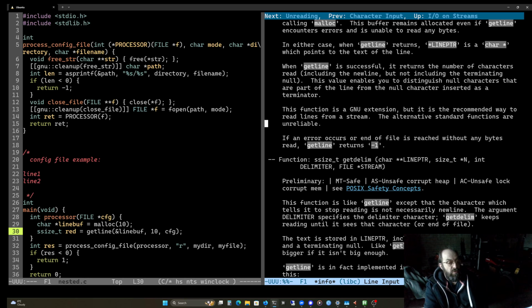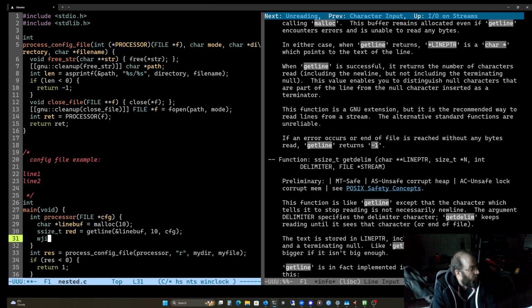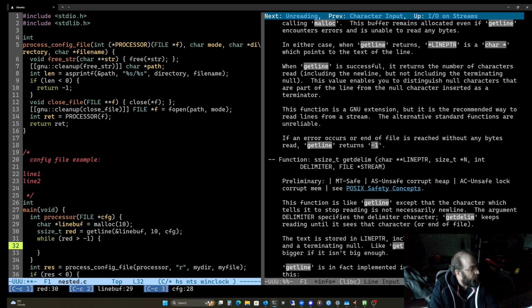If an error occurs or end of file is reached without any bytes read, getline returns -1. So while red is greater than -1, red equals getline line buff 10 config.